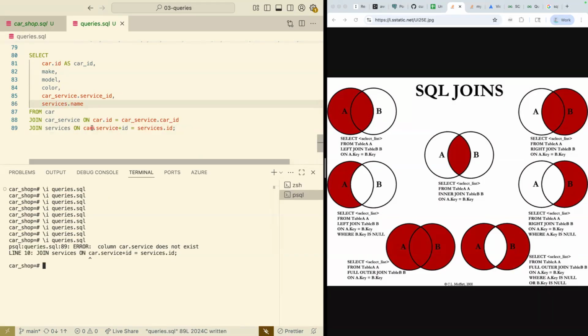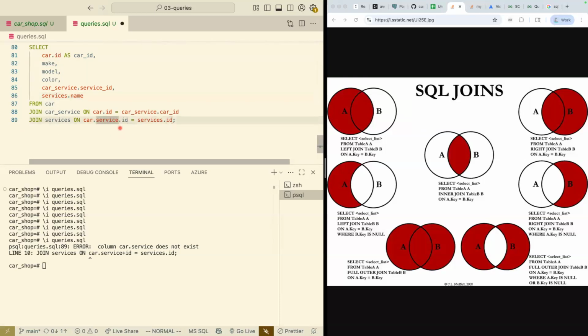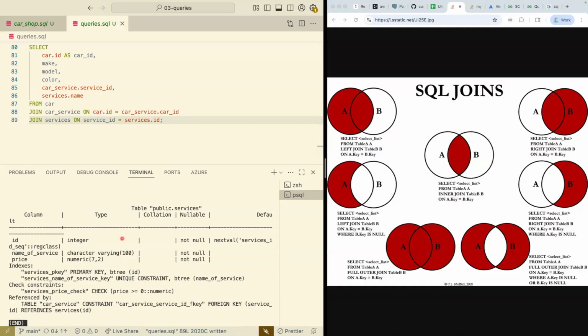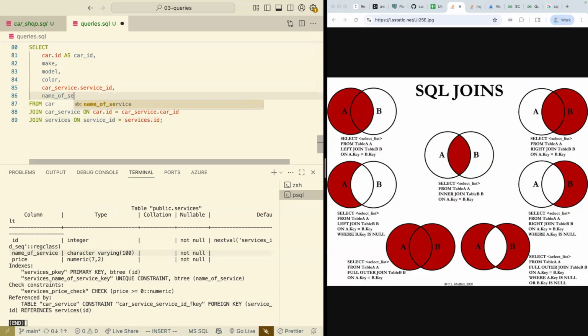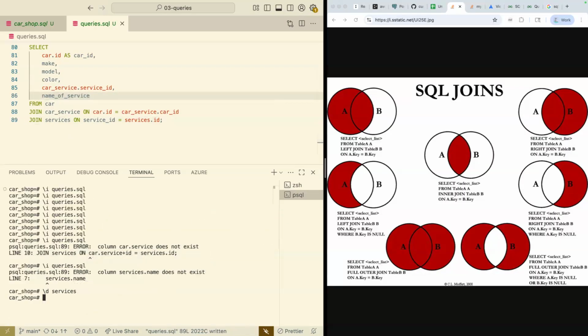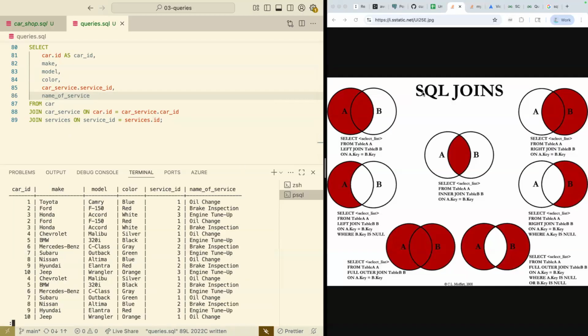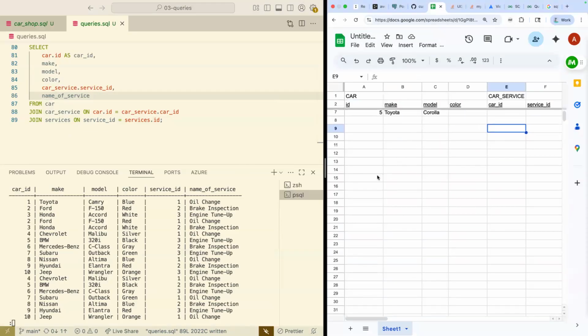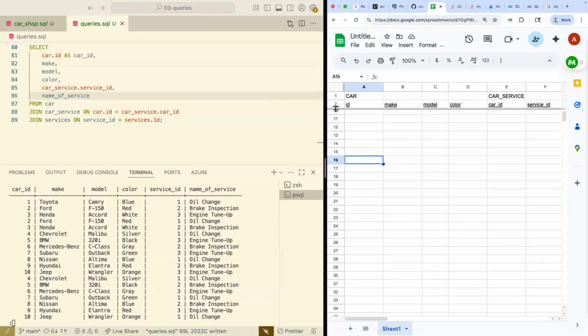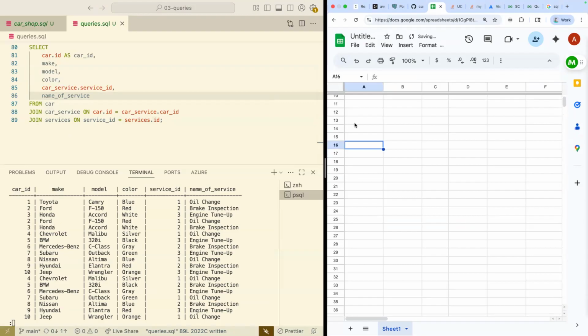And let's see here. Column car dot service does not exist. I have a couple typos here. Forgive me. Let's try it now. Column services dot name does not exist. And that's because it's not name, it is name of service. There we go. My spreadsheet is not doing that great here, but we have,